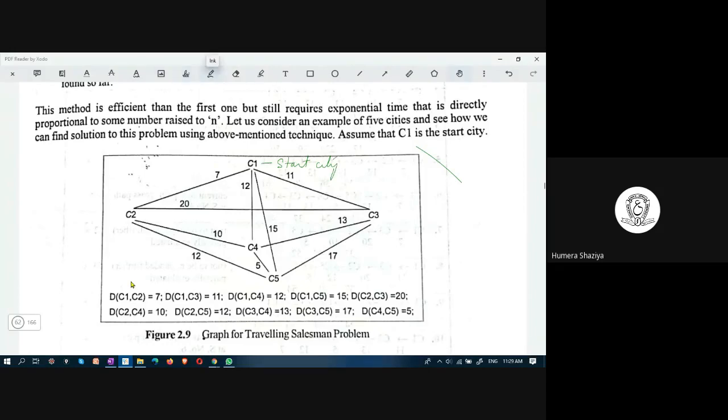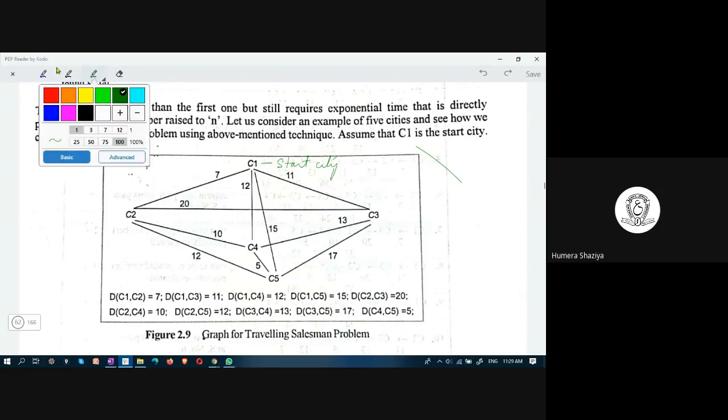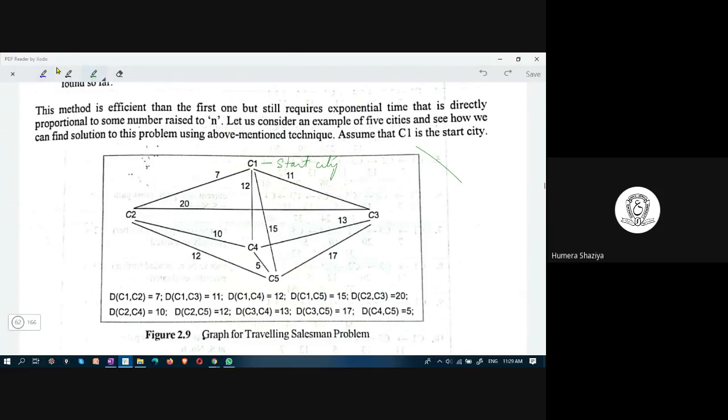From C1, the traveling salesman has to move to C2, C3, C4. These are the connections, edges. This is a graph where nodes are the cities and edges are the distances between the cities and connections. And there is a path between the cities.